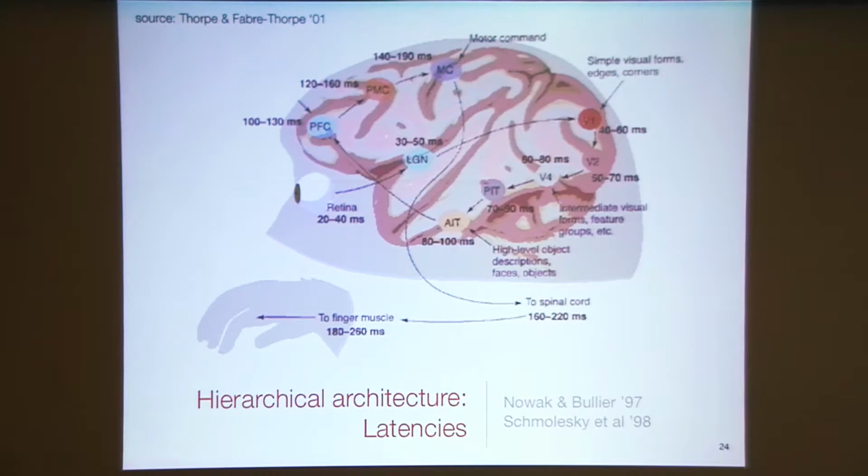Okay, so the hierarchical organization in the visual cortex is obvious from the criterion of the anatomy. It's also quite obvious from the perspective of signal conduction and latency. So if you look at signal propagation through these areas, shown here on an actual monkey brain, as one goes to higher and higher visual areas, you see an increased delay of about 10 to 20 milliseconds from one area to the next.